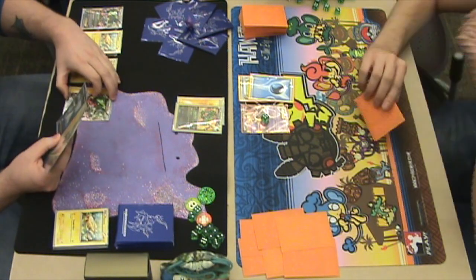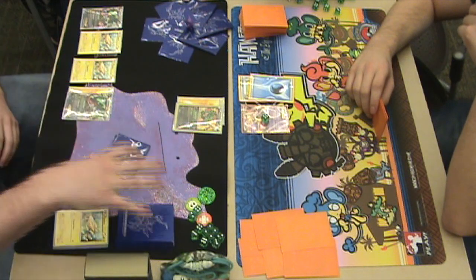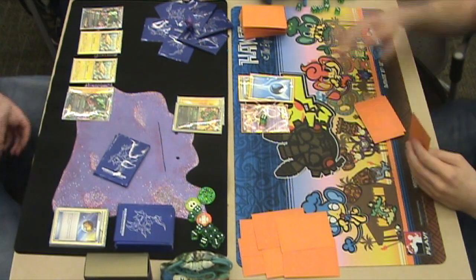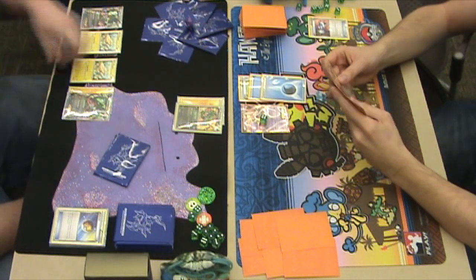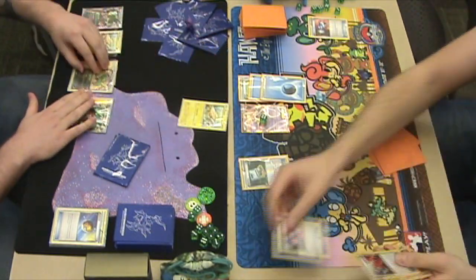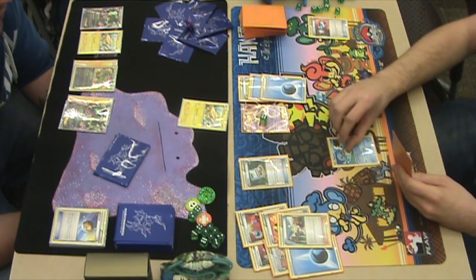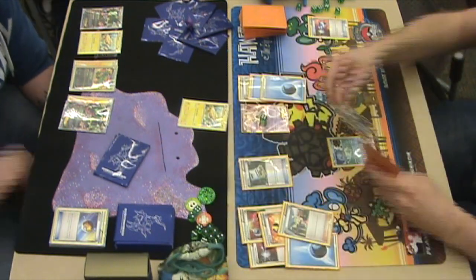He's going to get a Lightning Energy on that Rayquaza EX on the bench, and he's going to Dragon Pulse again. So we see him discard an Energy Switch and a Level Ball, and we see now